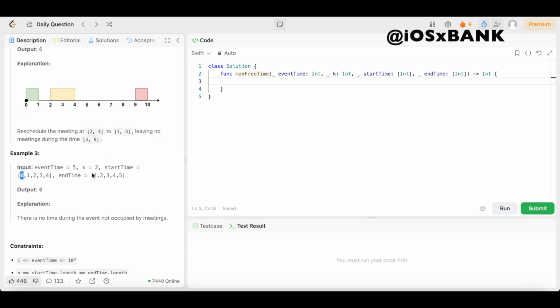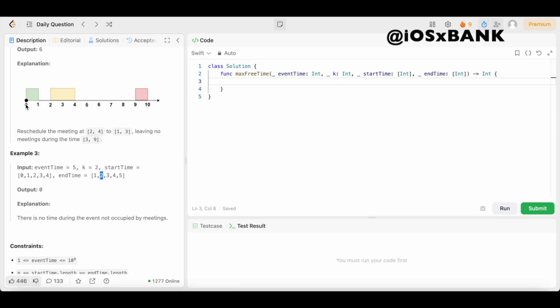So from 0 to 1 we have a meeting. Then from 1 to 2 we have a meeting. So there's no space to slide. There's no space to move this window down, or if we're looking at this example, there's no space to move any window so far